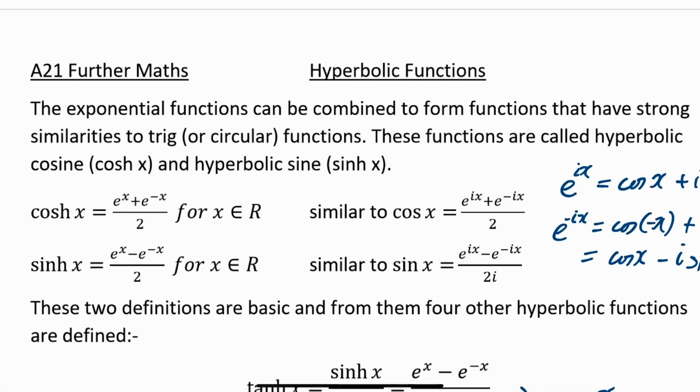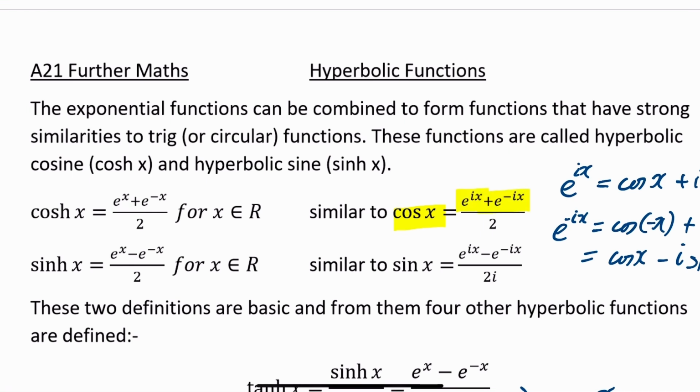In this video we're going to look at hyperbolic functions. Hyperbolic functions can be found from the exponential function e to the x, and they're similar to your circular or your trig functions. So we already know that cos x is equal to e to the ix plus e to